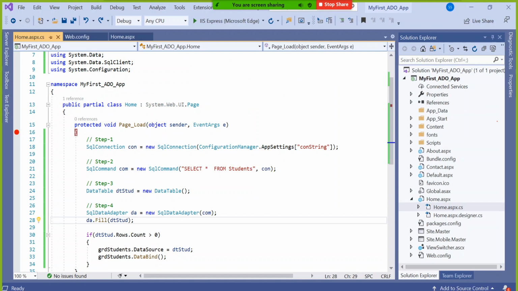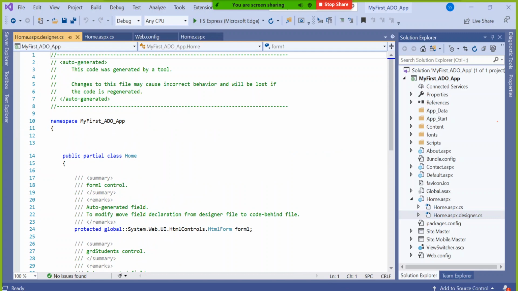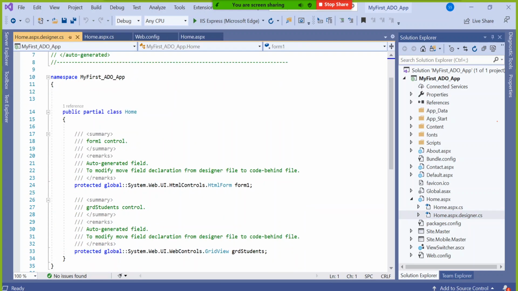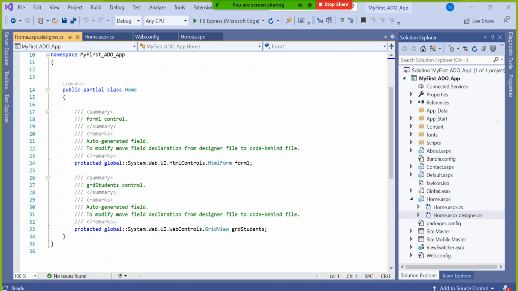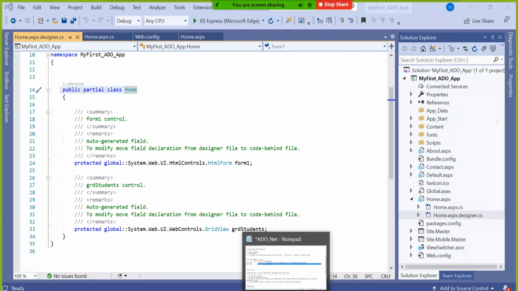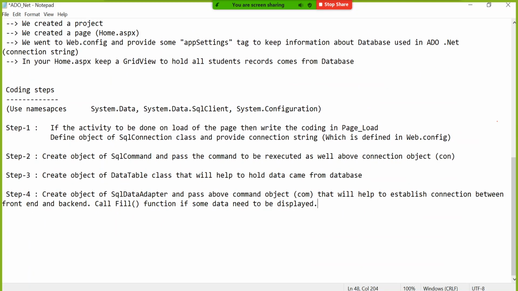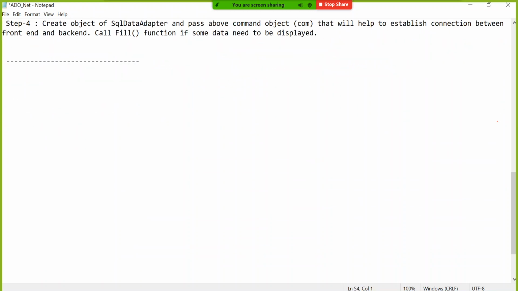You can see the name of the class is home. If you open the third page, that is designer.cs, you can see this is also home.